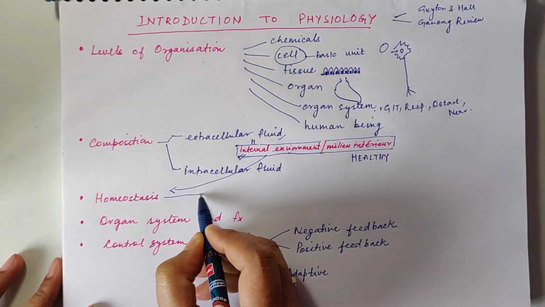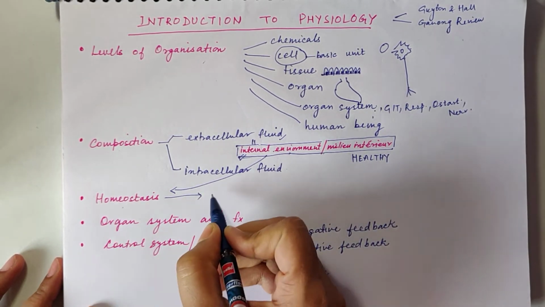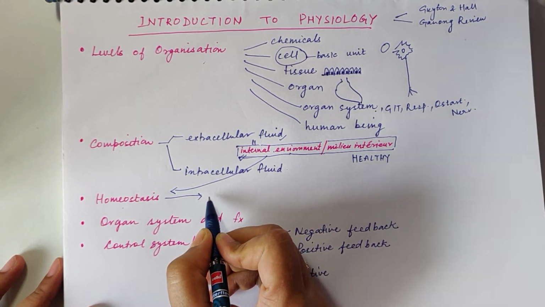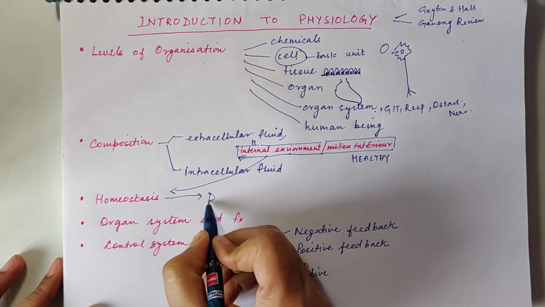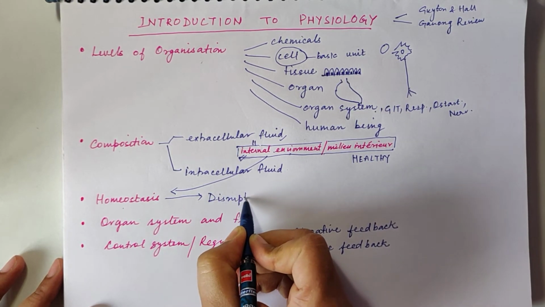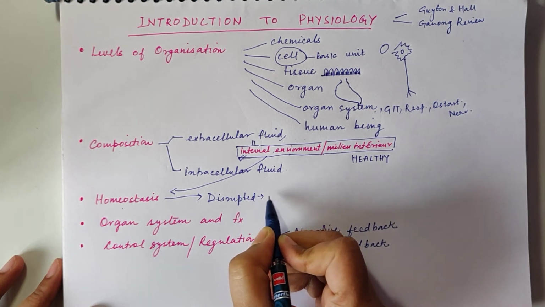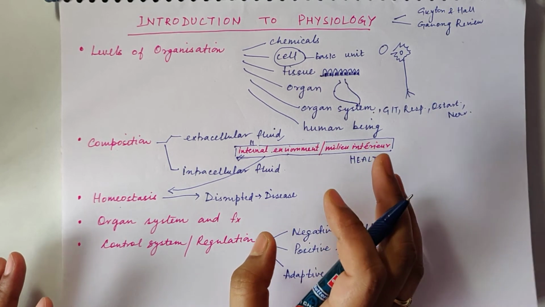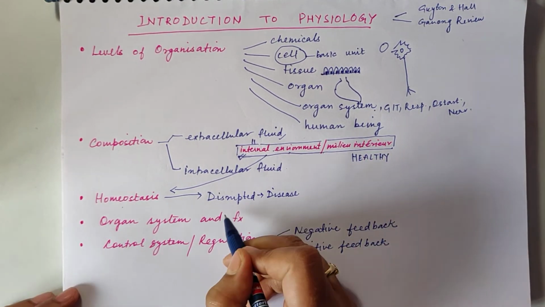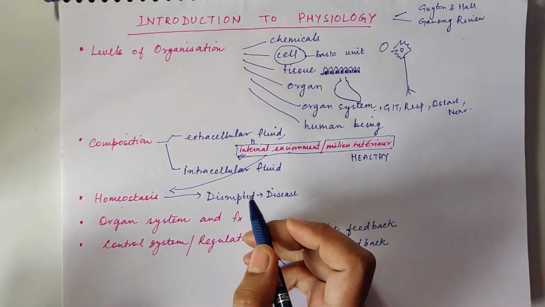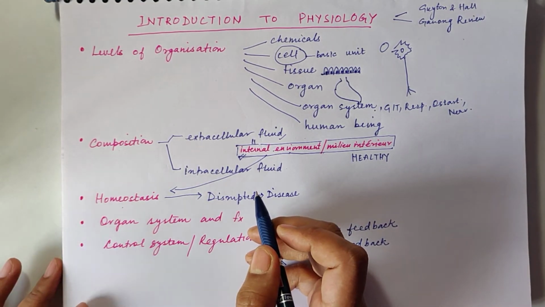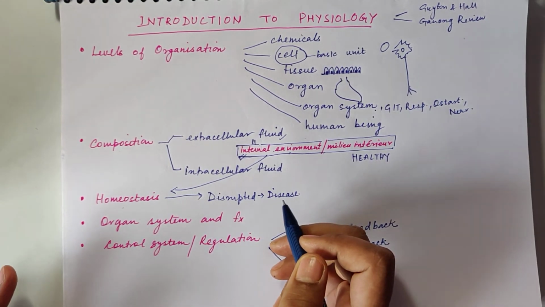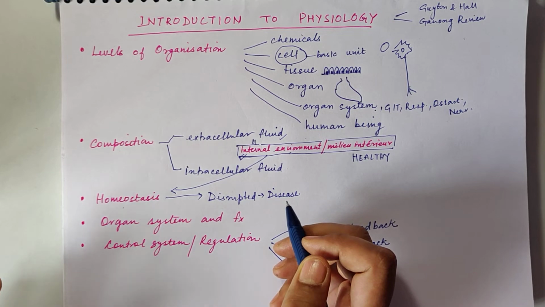And from the very same thing we come to this: the healthy state is when you are able to maintain homeostasis by yourself independently. And when it is disrupted, it leads to a disease state. Now, I know this is a very simplified way of saying it, but every disease has the very same definition. It is disruption of homeostasis in some way or other. Your body is not able to maintain this internal environment, this milieu interior,